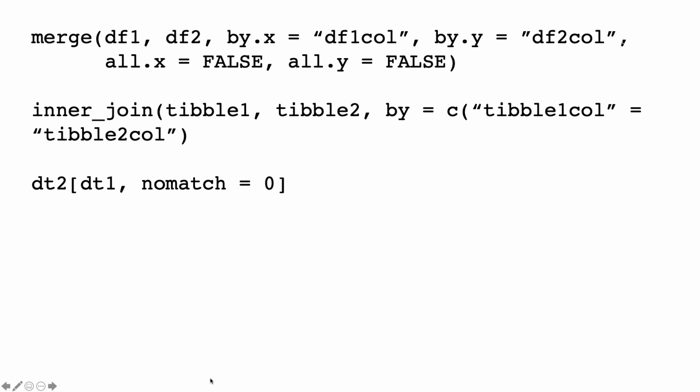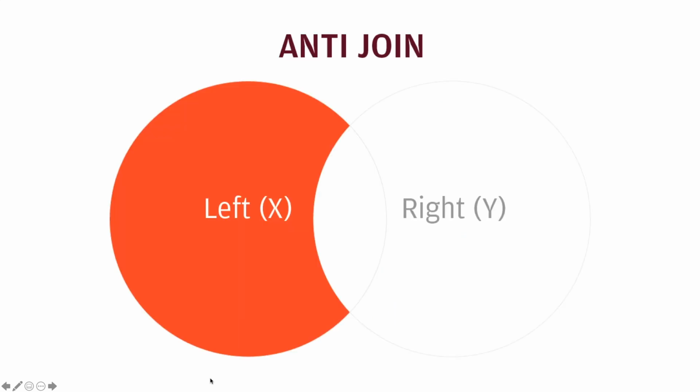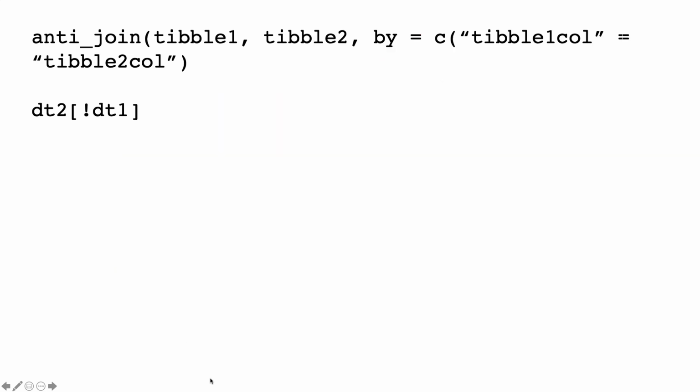If you want to see rows in left or X data set where there wasn't a match, that's an anti-join. It can be very useful to run that after a left or inner join to see what didn't match. Sometimes you expect no matches, but other times you don't. I'd probably use either anti-join from dplyr or DT bracket syntax from data.table for this if I was looking to see rows that didn't match.